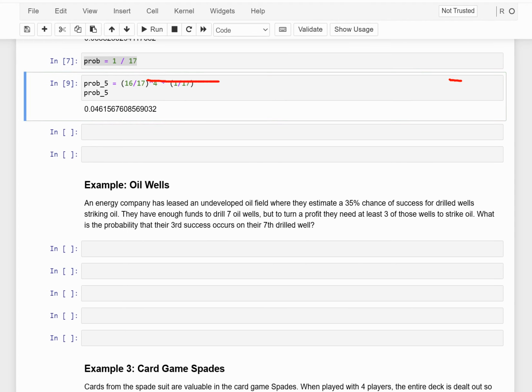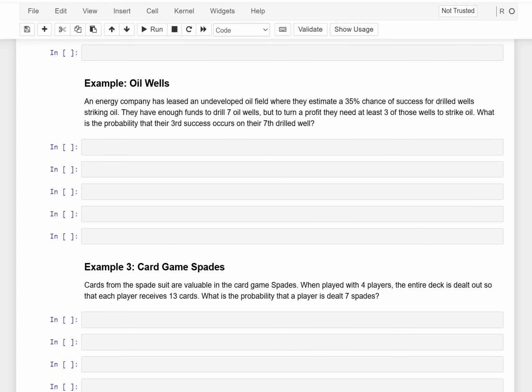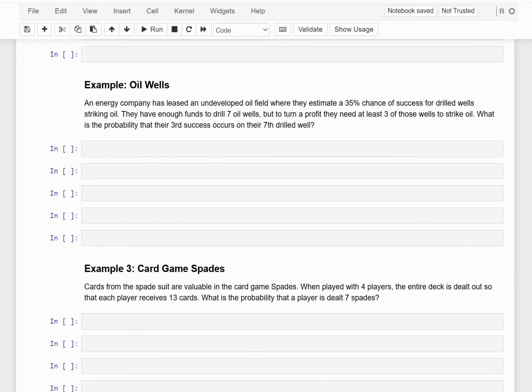Okay, so let me get rid of those stray marks. Oil wells, and this is the classic negative binomial. You'll see this in almost any probability class you look at. They do the oil wells example. Why? Because it's a classic one and it happens, right? So the